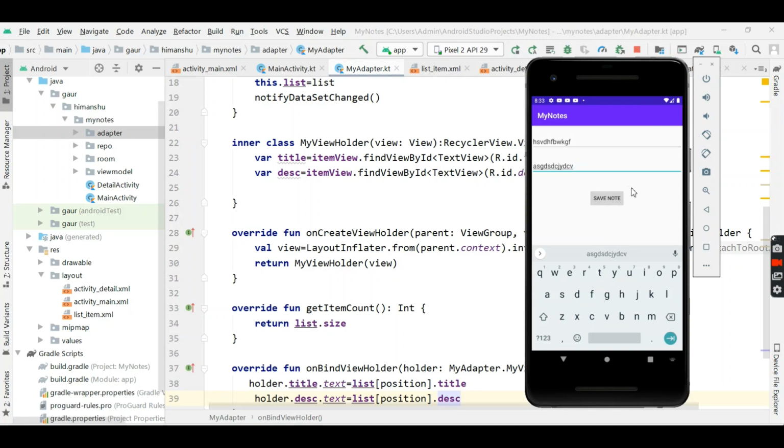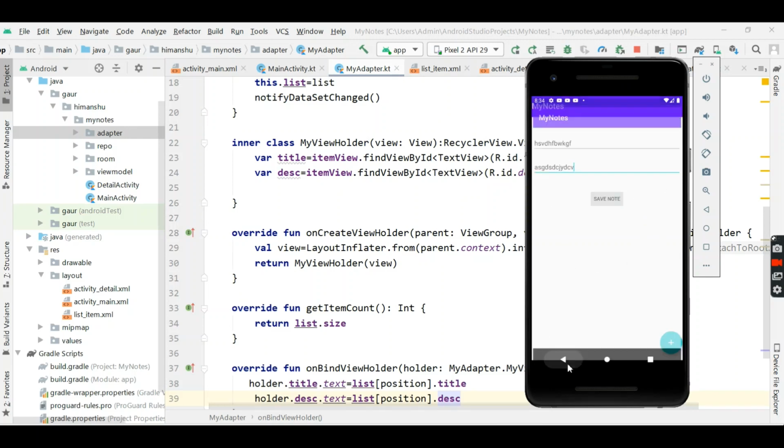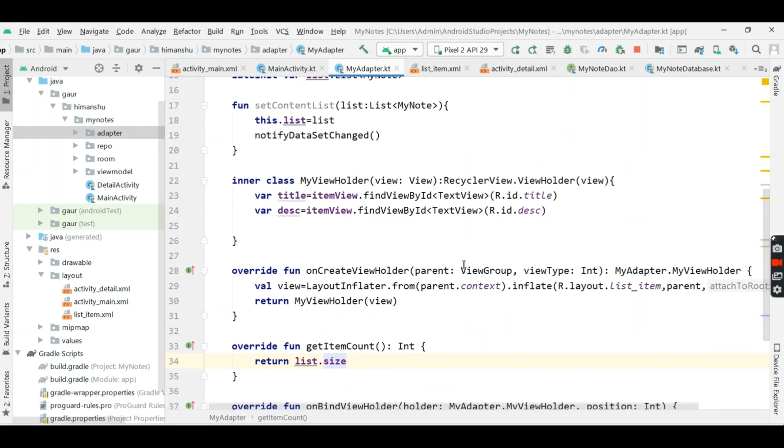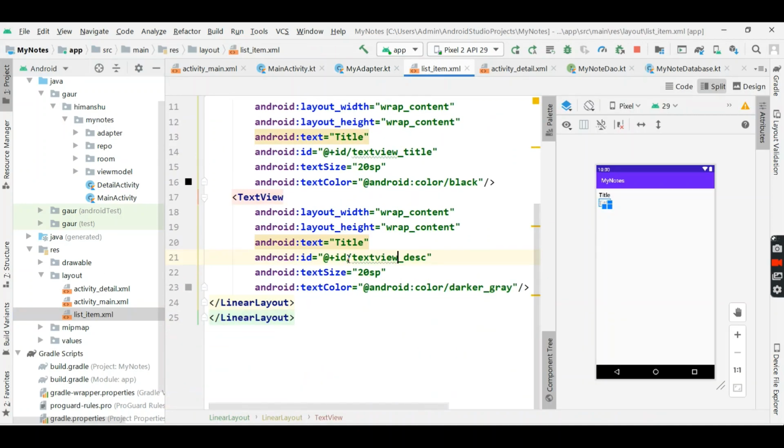So we will not implement this button and this edit text, so we can't do anything now. So just leave it. And now for our main activity we will create a recycler view and list item for our recycler view.